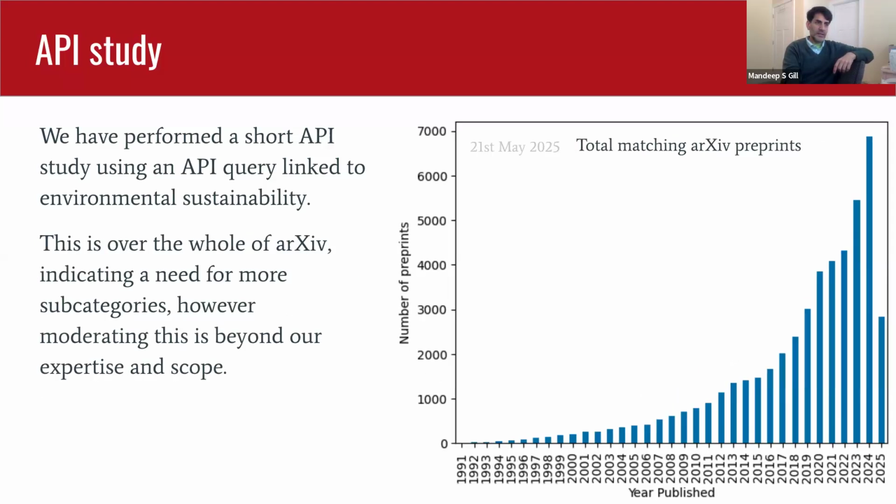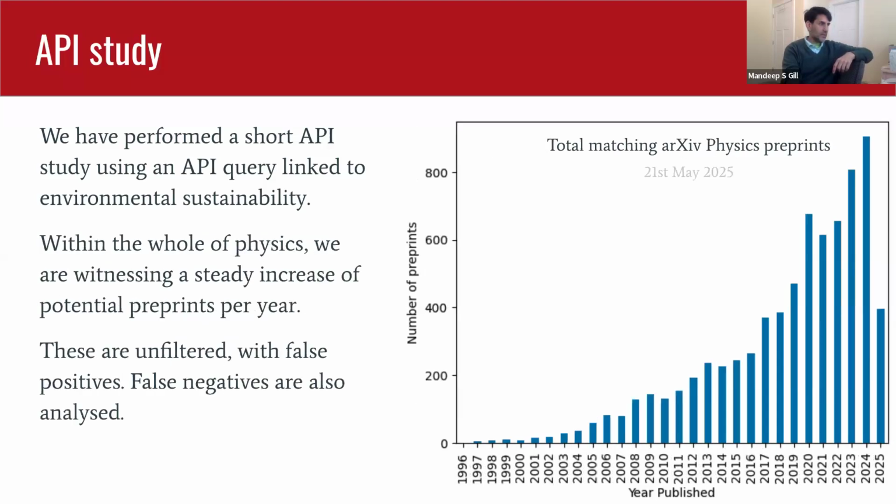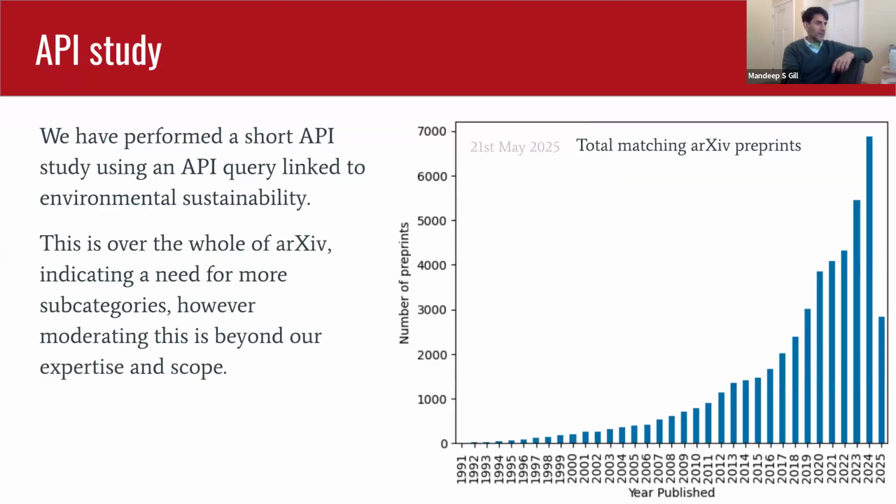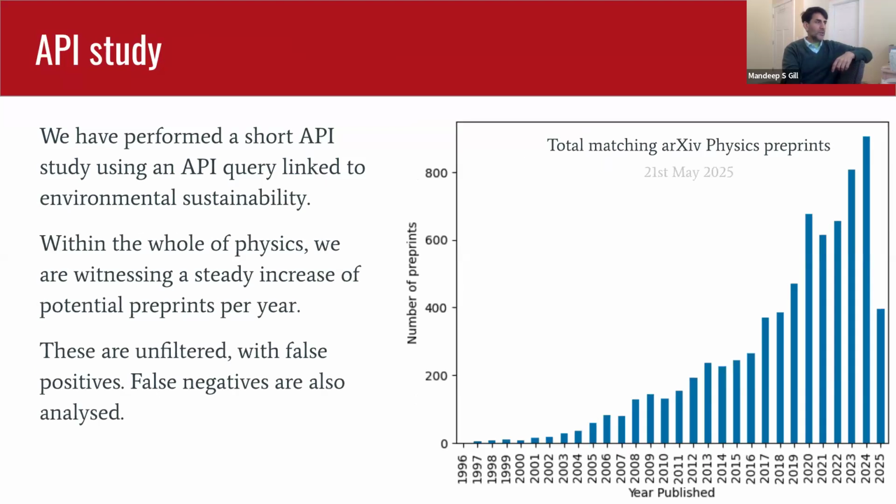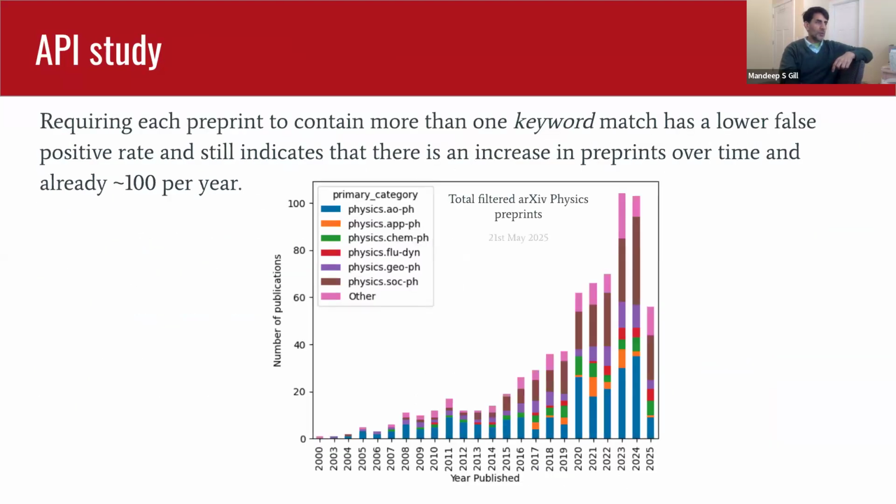And this was, I think this is about the same. Okay, so requiring each preprint to contain more than one keyword has a lower false positive rate, but it still indicates many submissions